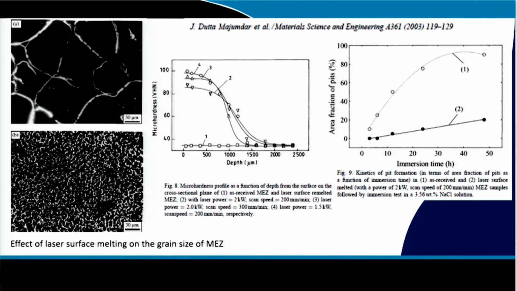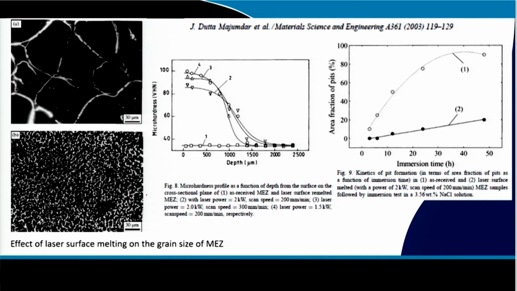This alloy is also very much susceptible to intergranular corrosion. So, we tried laser melting and subsequently made it highly refined. What happened is that the grain boundary precipitates got dissolved, melted and subsequently redistributed, causing refinement of the